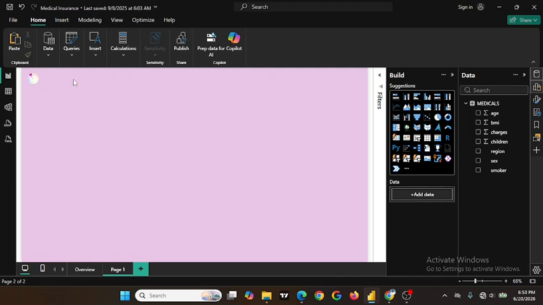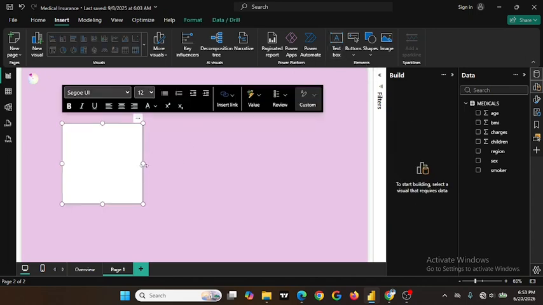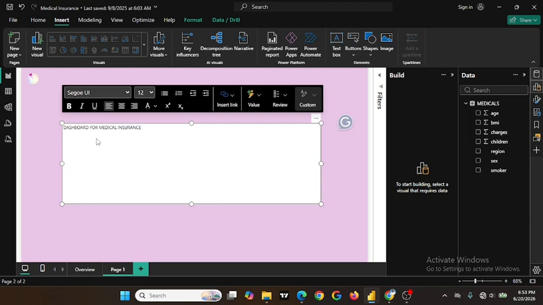So I'll go back to insert, and this time I'm going to grab text box, and I'll just increase that a little, and I'll just start typing: dashboard for medical insurance of Motulage